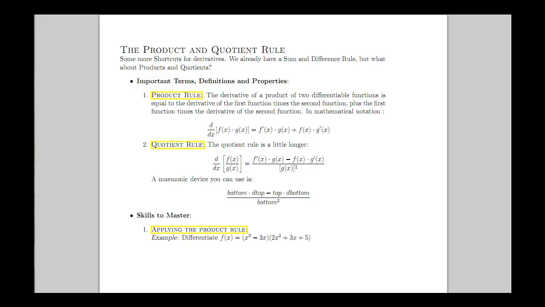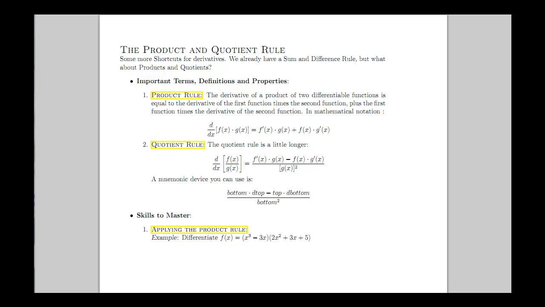So first let's go over what's known as the product rule. It's when we are multiplying two functions together. It's a little bit different than the sum and difference rule, because in the sum and difference rule you just went ahead and applied the derivative to each separate function, whether they were being added together or subtracted. Here it's a little bit different. You sort of have to work on one function at a time, and it works as so.